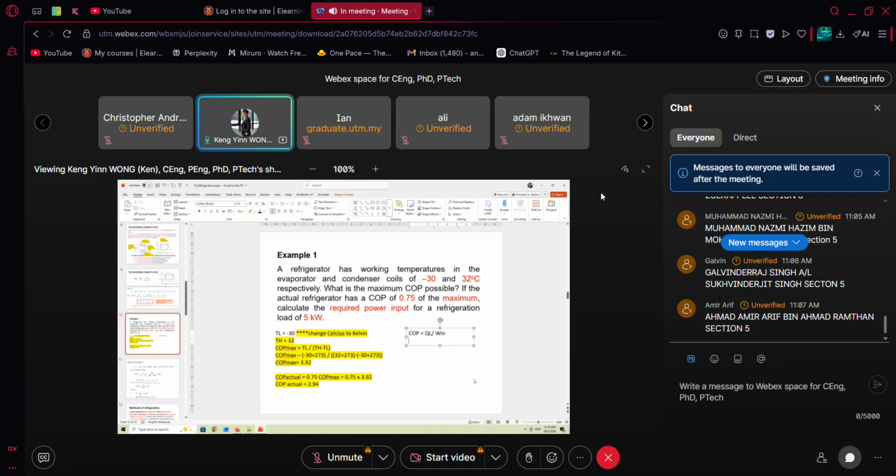COP you already have, which is 2.94. Your QL is 5 here, divided by your W in. So your W in is basically 5 divided by 2.94, which is